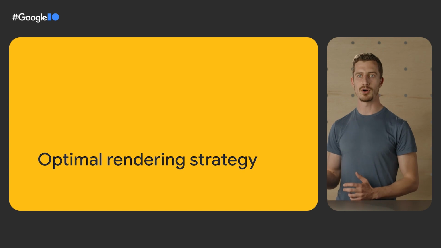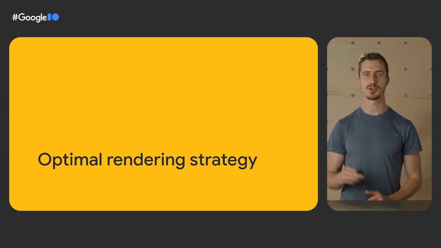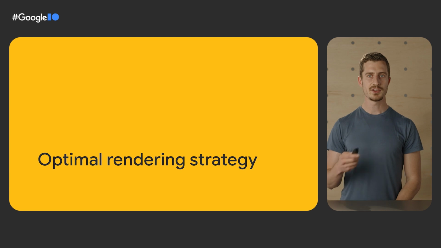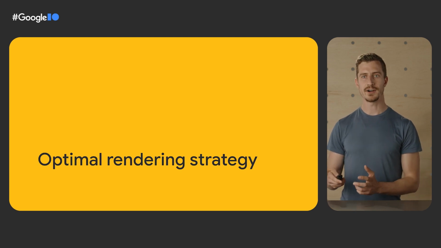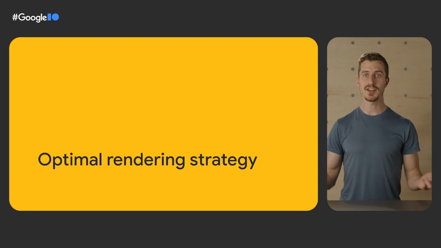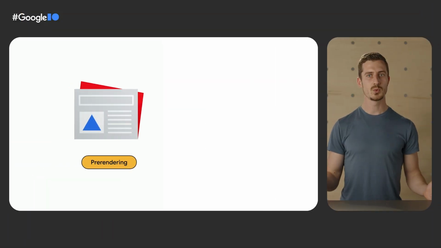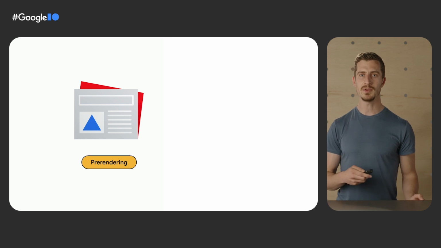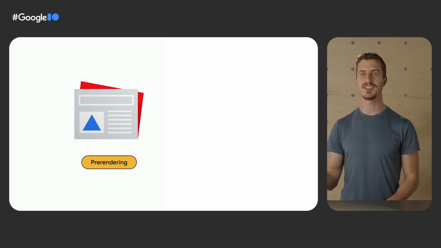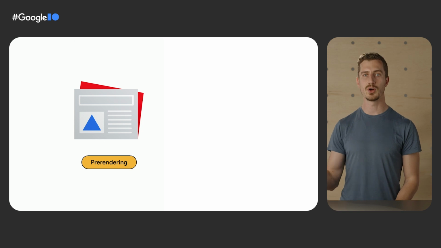Let's explore a more optimal deployment strategy for the Kitty Cinema application. This way, we're going to quickly serve a useful page for the user and later on make it interactive. We can select a suitable strategy by identifying the different types of content we can render and taking performance into consideration. Ideally, we would want to pre-render everything at build time so that we can deploy the resources to a CDN and deliver them from the closest location to the user possible.